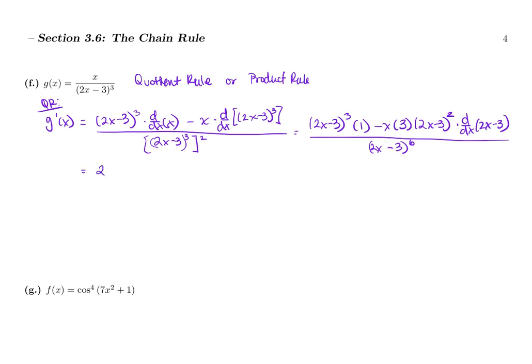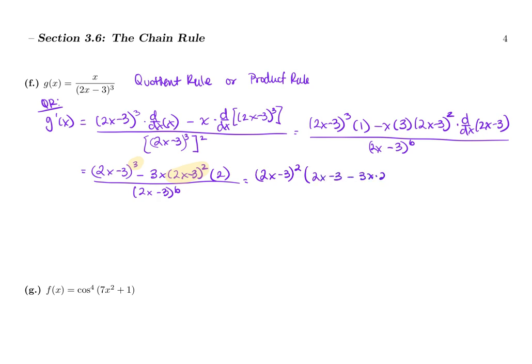So we end up with 2x minus 3 cubed minus, let's see here, we get 3x times 2x minus 3 squared, and then the derivative of 2x minus 3 is just 2, all over 2x minus 3 to the 6th. And if we pulled out 2x minus 3, we could take out 2 of them here, and it'll leave 1 in the first term, so we end up with 2x minus 3 quantity squared times 2x minus 3 minus 3x times 2, all over 2x minus 3